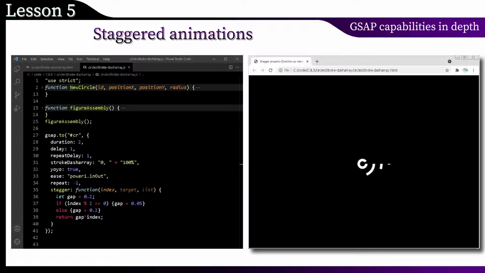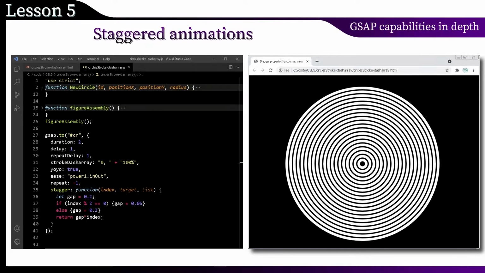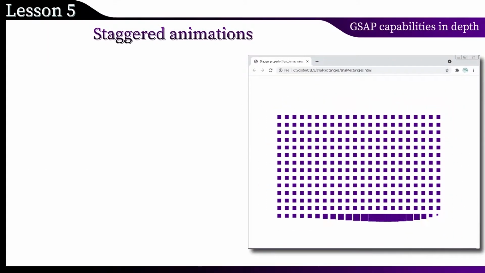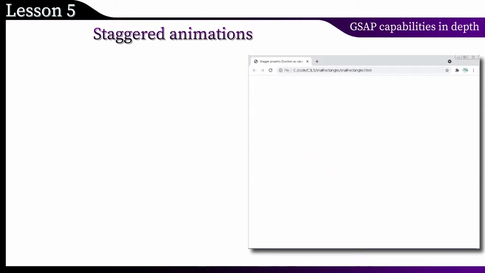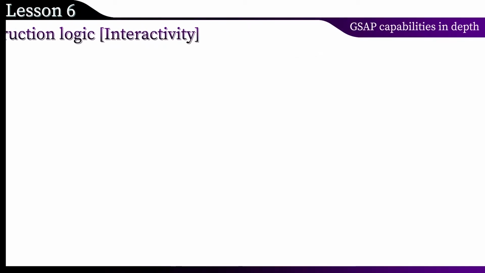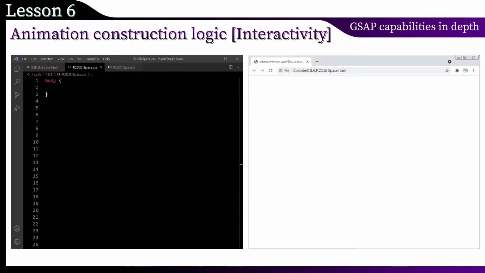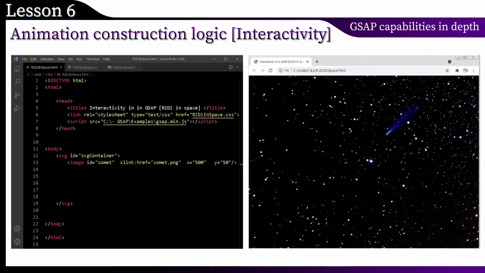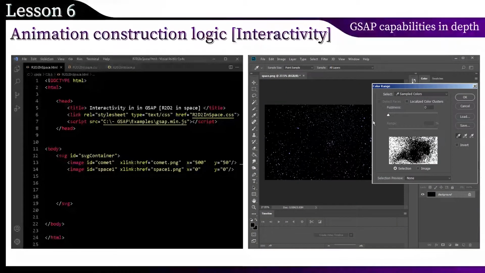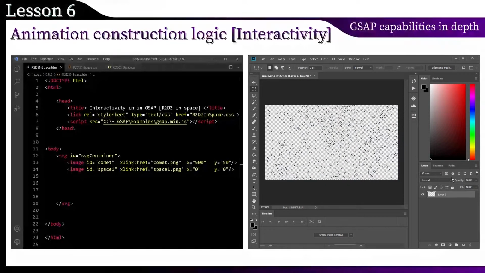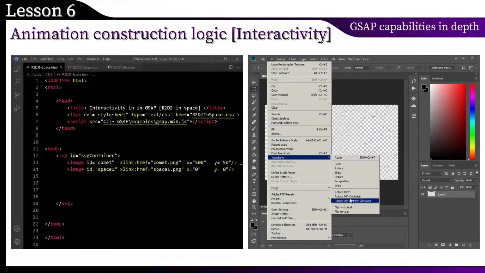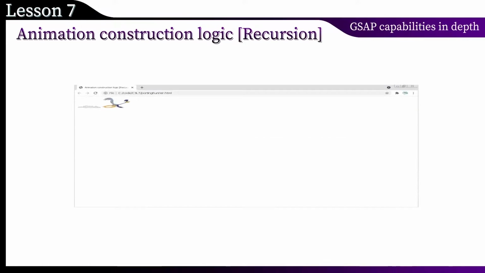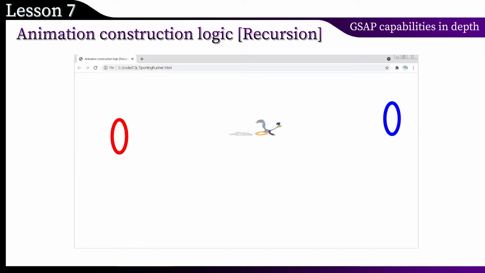As examples, we will animate the stroke dash array change, as well as work with the array indices in a spiral. The last 2 lessons of this chapter will be practical. We will practice the logic of constructing animations. We will create a beautiful interactive example. I will not show the result yet, it will be a surprise. And also, let's remember what recursion is and determine the possibilities of its use in web animations.